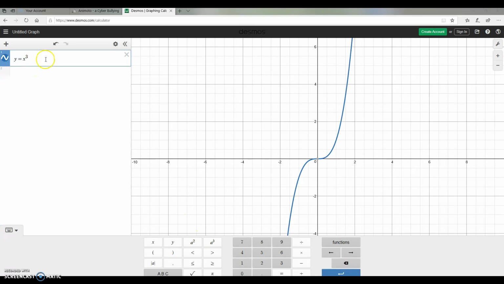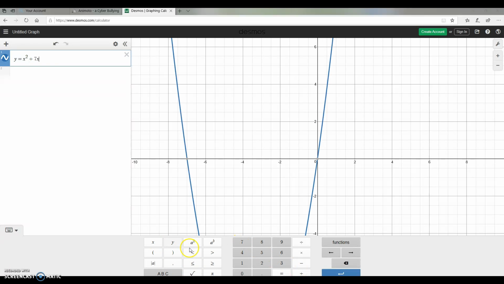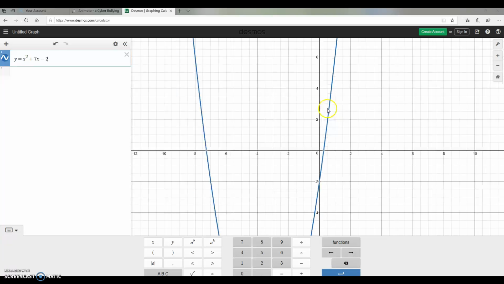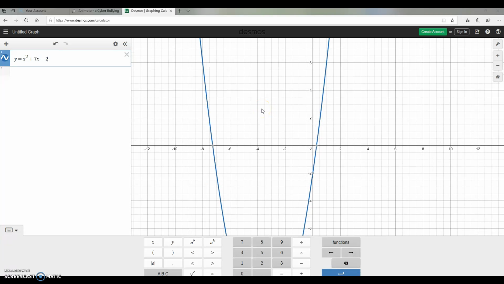Now, say we had some kind of complex quadratic function, such as y equals x squared plus 7x minus 2. And we wanted to find out where that graph had x and y intercepts. The really cool thing about this graphing program is that you can just click on the critical points and it